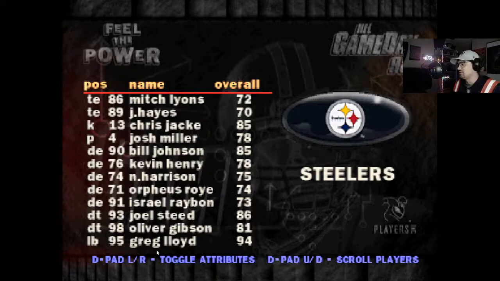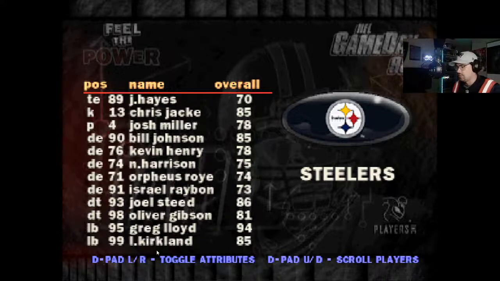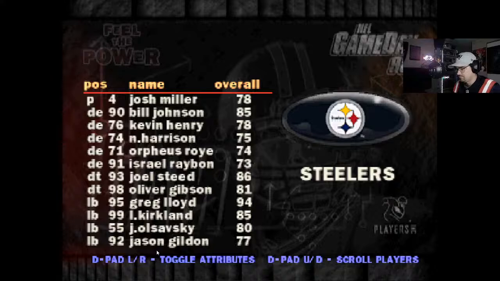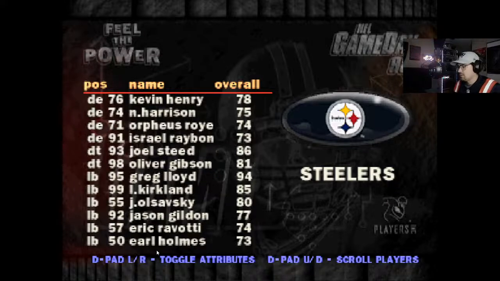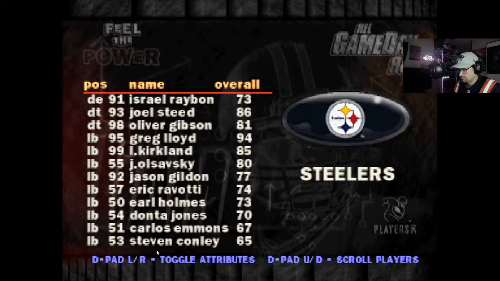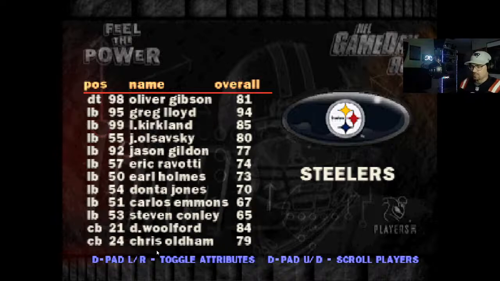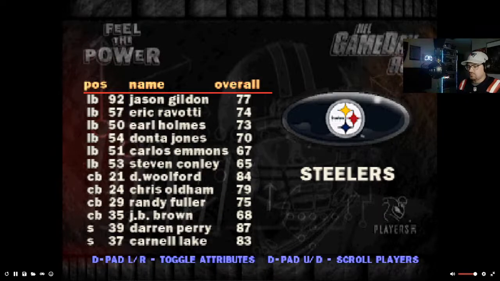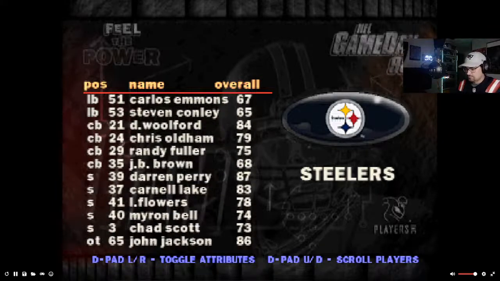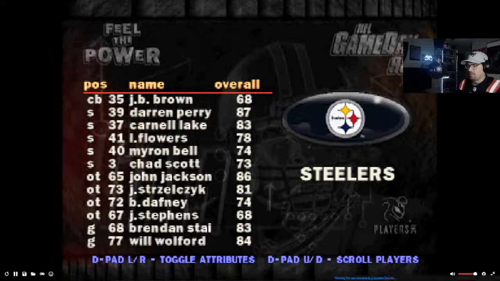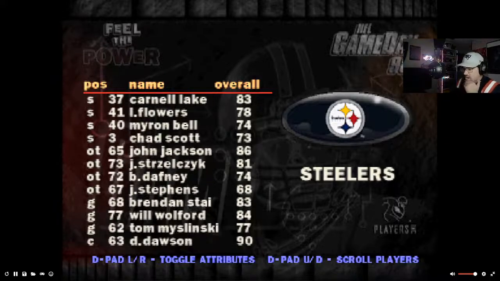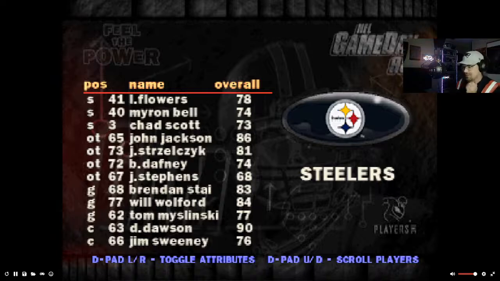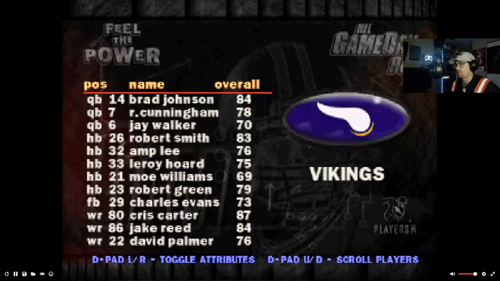So this is like a Steelers team that still has a lot of those players from that Super Bowl run probably on the team. Just looking at some of their players, they've got some pretty good ones here. They were definitely a pretty good team in terms of being loaded. They had a pretty good roster.